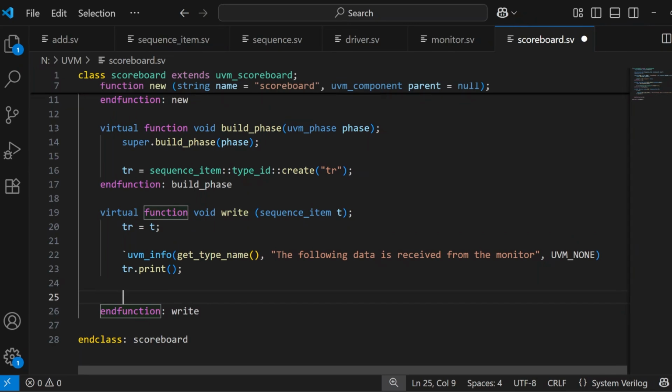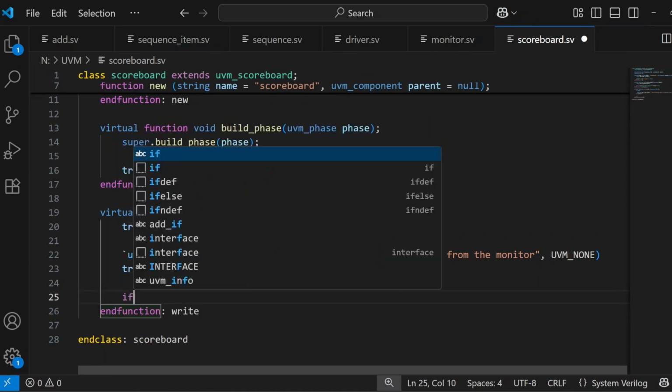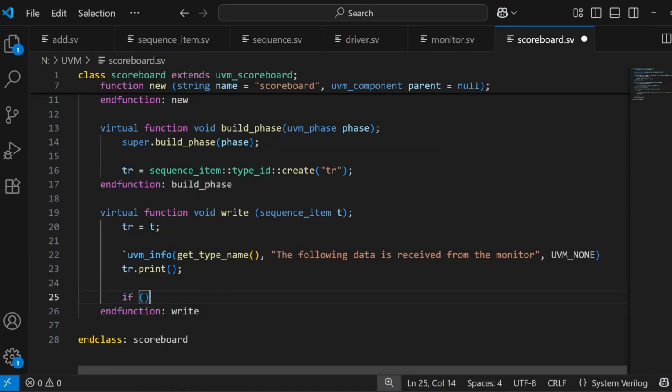So after receiving the response from the DUT to the monitor, then to the scoreboard, the data will then be compared to find out whether the test is passing or not. So we will write a checker. The checker is going to be very simple. If the output is equal to the summation between both the inputs,